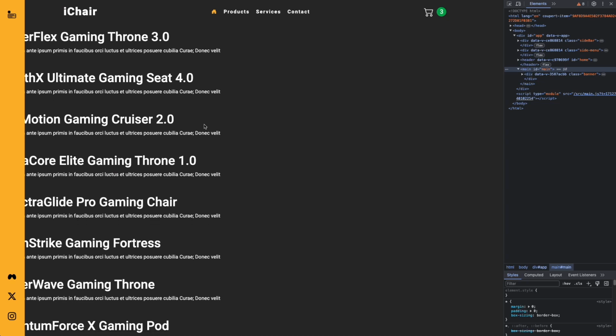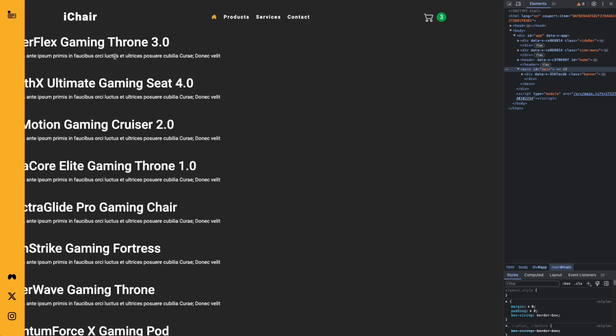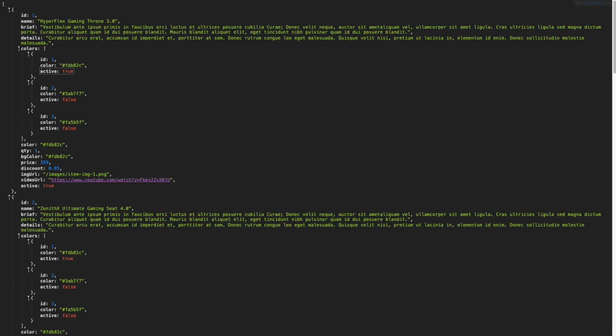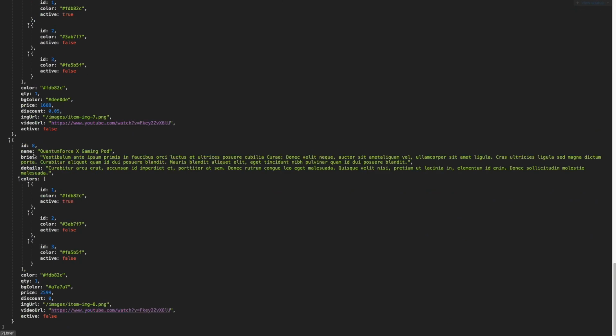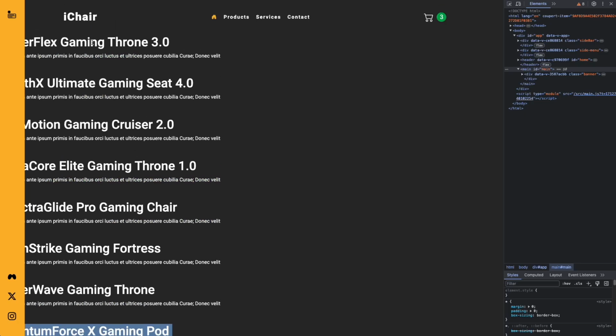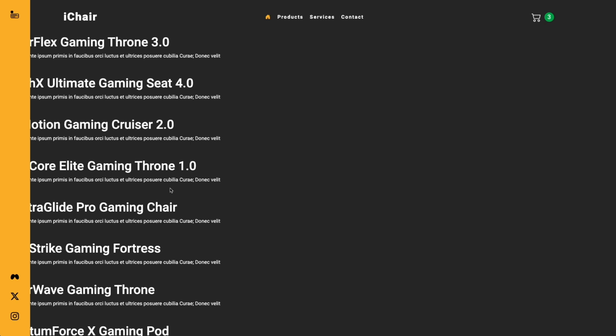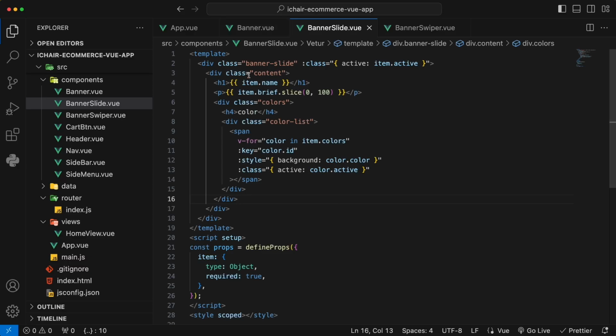So if you look at the browser now, you can see all of those titles and colors presented by row, because we have 8 items in total. If you look at the array, we have 8 of them in total. Now our looping has been done correctly, so it presented all of this plain text 8 times, right? But I want to present it as a slide, and only the active slides get to show, not all of them. So what I'm going to do,